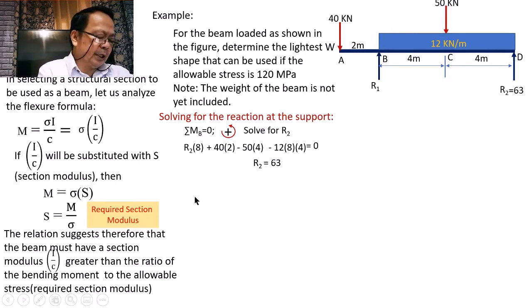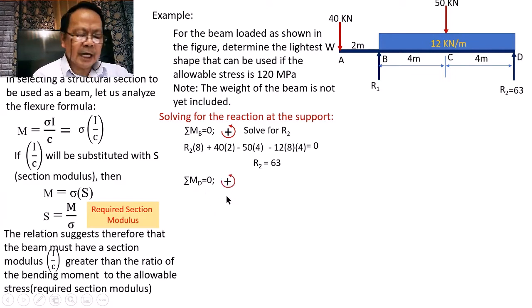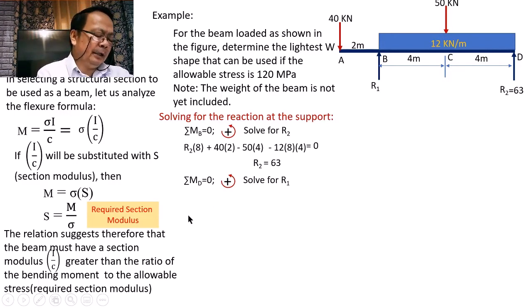So, when we sum up moment about D equal to 0, again, if we will use the same convention, assume natin na yung kanyang counterclockwise ay positive, we shall be able to solve for R sub 1. At ano yung ating moment equation dito? Unahin natin yung moment ng 40. This 40 will be creating a counterclockwise moment, sa makatwid yan ay positive. The moment due to this 50,